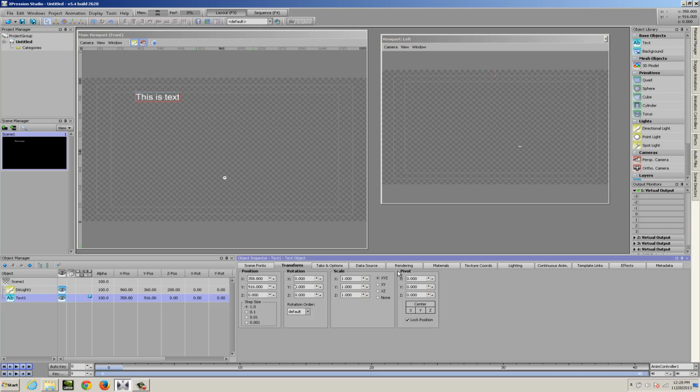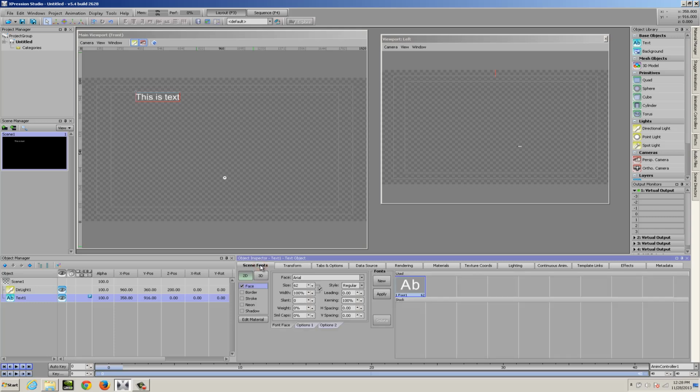So when working with text, every text object has a special tab in the Object Inspector called the Scene Fonts tab. Now, this tab serves a few different purposes because it's not necessarily specific to this text object. The Scene Fonts tab shows you all of the fonts that live inside of your Expression project, as well as the fonts that you're using in your current scene. So, this text object that I've just created is using a font that's called Font1, and because I have no fonts pre-existing in my project, I see only that one font called Font1.